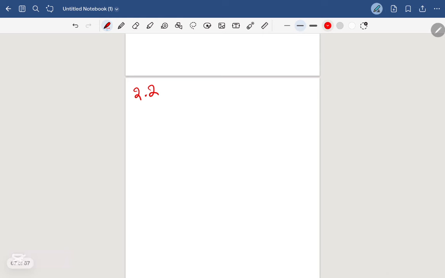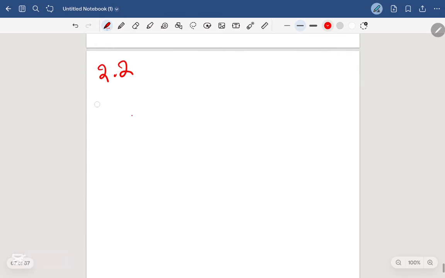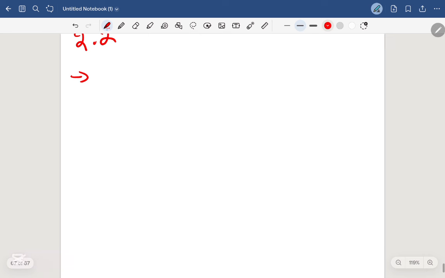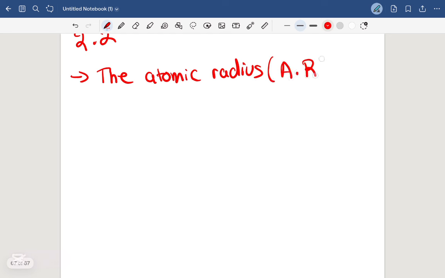Now, what is the first concept we talk about in 2.2? The very first thing we talk about in 2.2 is the atomic radius, abbreviated as A.R. To not waste any time, we'll abbreviate it as AR. The atomic radius is an estimate. It's not an exact value because you cannot measure the value of an electron. It's so tiny. There's no ruler that small to measure the exact value. Instead, it's an estimate of the distance